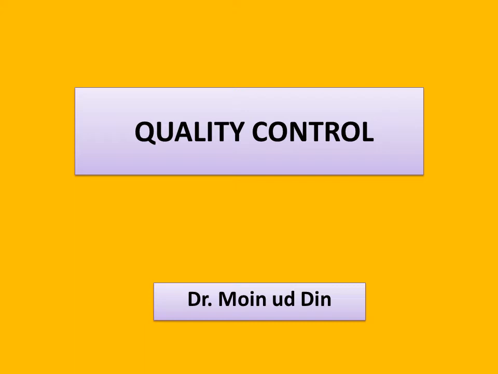In this video we are going to discuss quality control. We will see what is quality of the product. So in any industry which is synthesizing some product, there is a department which is called quality control department, which sees how to control the quality of the product to attract more and more people towards their product. So in this video we will see different parameters, different terminologies which are involved in this field of quality control. So let's get started.